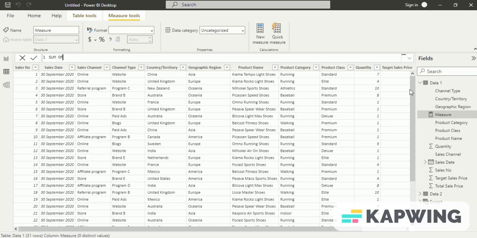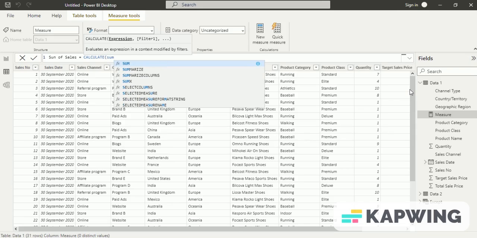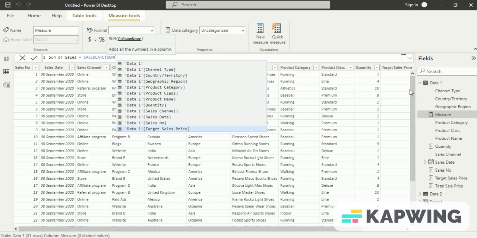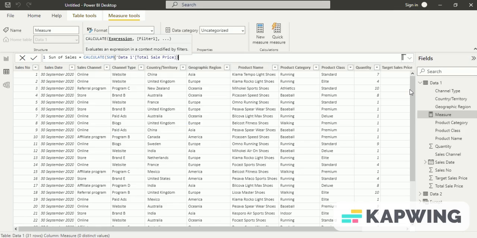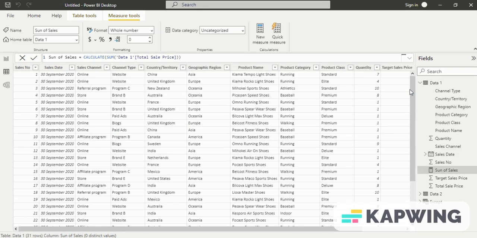Sum of sales equal to CALCULATE, SUM of data 1 total sales price. Close the bracket. A measure is created for sum of sales.